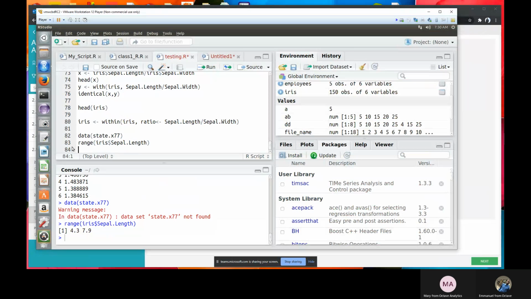You can see here that the lowest value in the sepal length is 4.3 and the highest is 7.9. So if I use the cut function, let me specify this as my x.